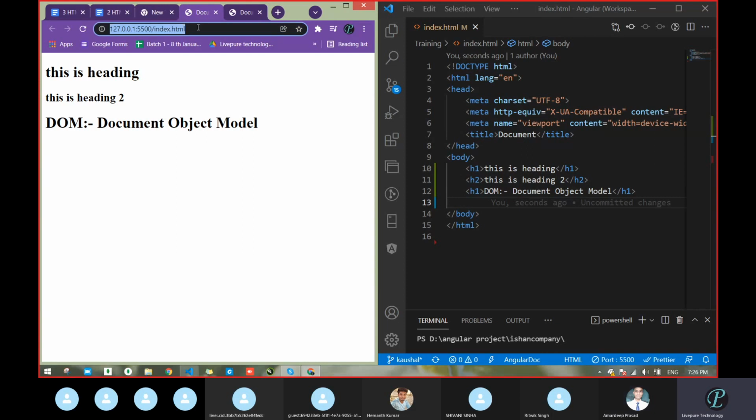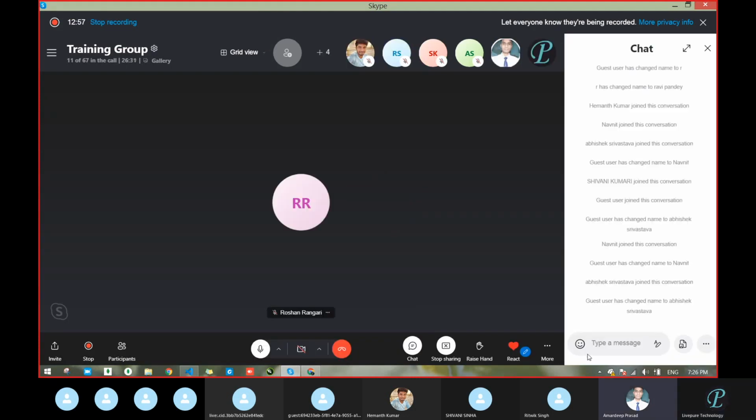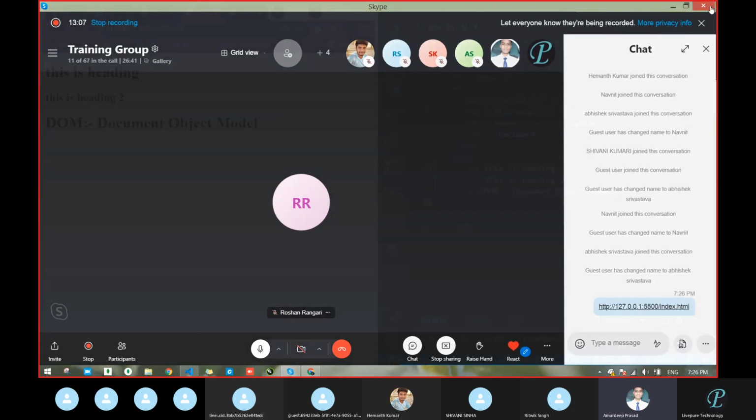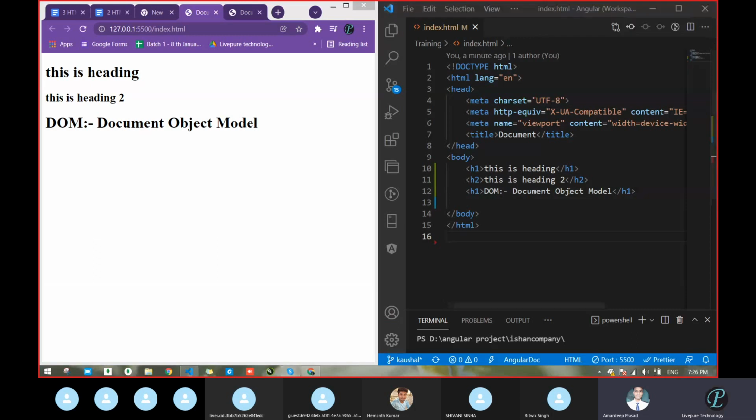Just do one thing. I am giving you this port number in the chat. Open the chat window fast. Anyone, just try this. What are you getting on this one? Had anybody tried?